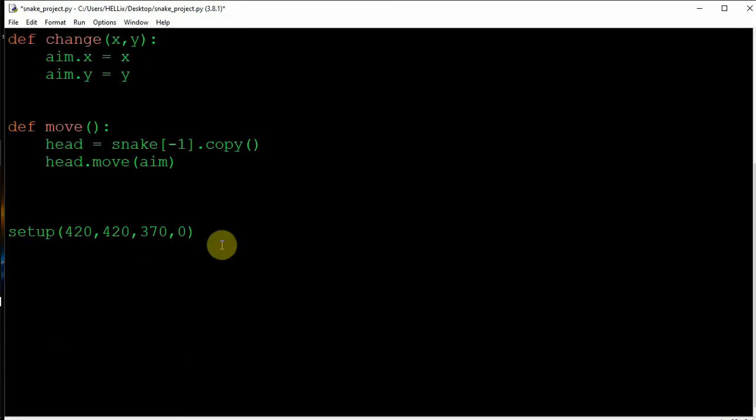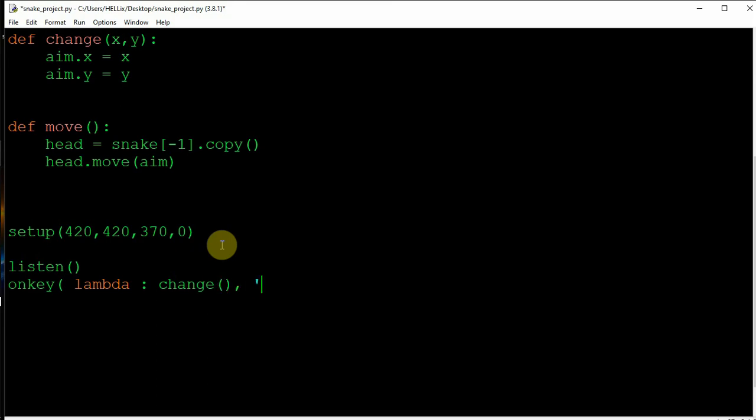So let's get this thing for the user as well. We have to create an on-click function whenever a key is pressed. So I write onkey, and there's a turtle function which will listen to all these things. So we'll write listen, meaning it will be reading our keys. Then I write onkey. I use a lambda function, lambda with a small l. A lambda is an anonymous function which will run for a single line, and whenever this happens, we'll call change, and let's decide the values.